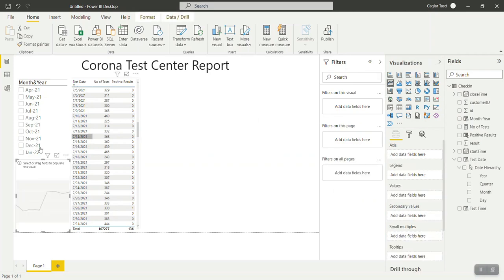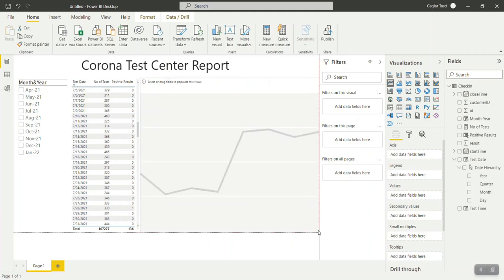So this chart is for the number of tests, the other chart will be for the number of positive results month on month. So I will be using month here as my axis, and as a value I will be using number of tests. So you can see that it has given a crude chart to you, which you can basically use according to your needs.